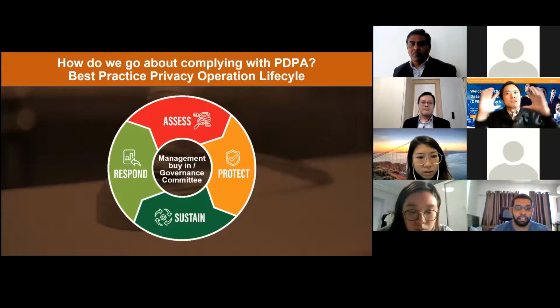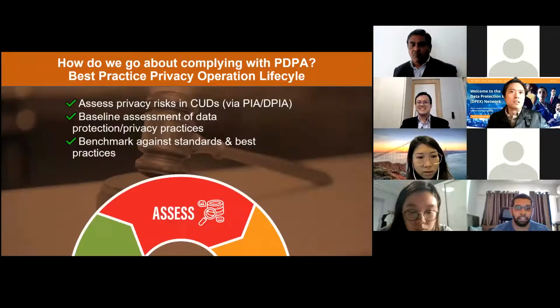So I talk about an approach towards compliance. This is called the privacy operation lifecycle. It consists of 4 activities. So I usually make it into a pronounceable acronym, APSTR, like App Store, right? You all download all kinds of games onto your phone. App Store. Okay, so 4 activities. First activity,